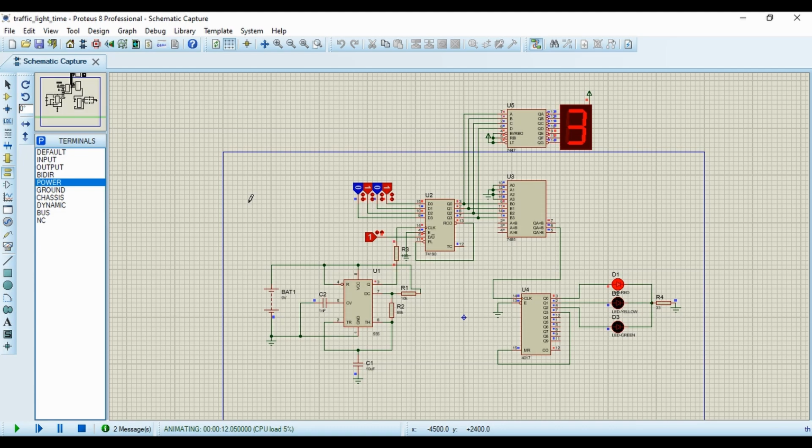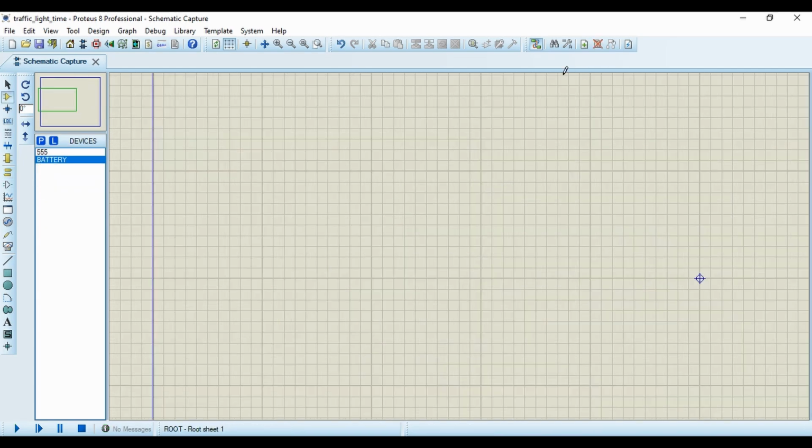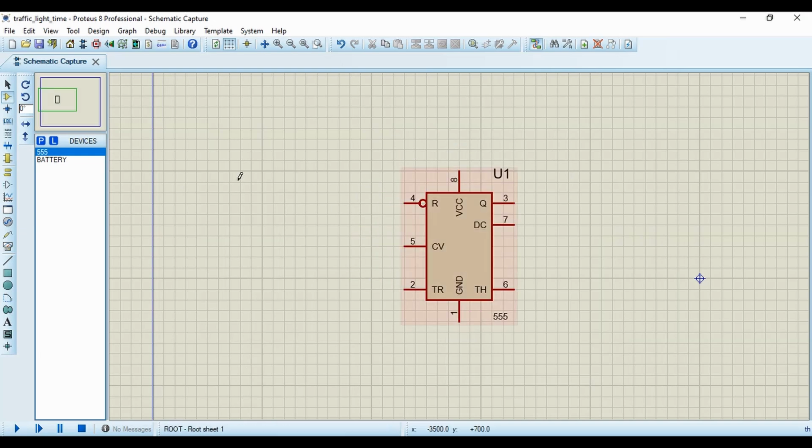In the previous video, we built a simple traffic light, and based on your requests, today we are going to add a timer to it. Now the lights will not only turn on and off, but a proper countdown will also be displayed alongside them, showing the timing of each signal. So without any delay, let's get straight to work and see how this complete countdown timer setup will be built